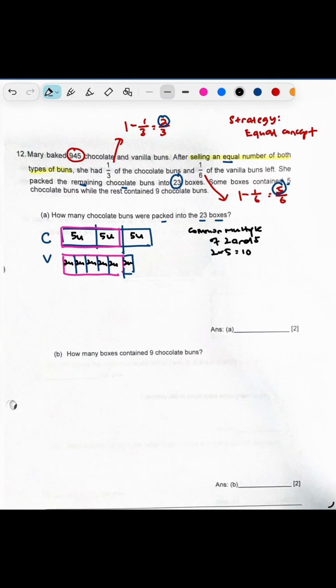Now we are quite happy and we can count the number of units that represent the total for chocolate buns and for vanilla buns. Let us count 5 units, 10 units, 15 units. Then 2, 4, 6, 8, 10, 12 units of vanilla buns. We add them to get 27 units, and 27 units correspond to 945. Let us find 1 unit